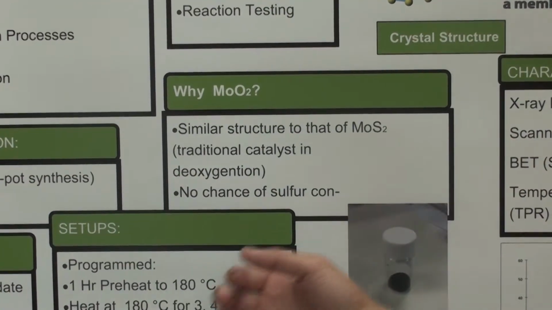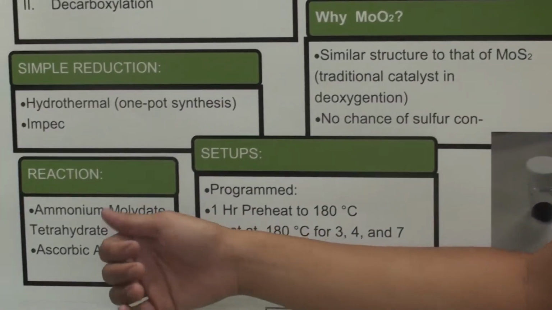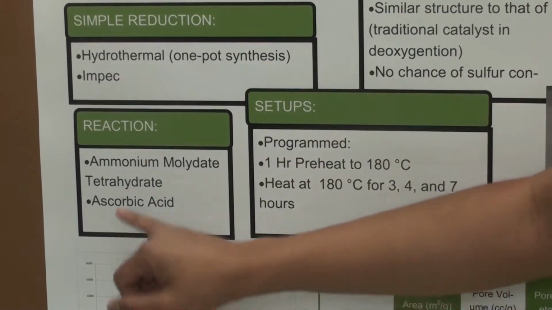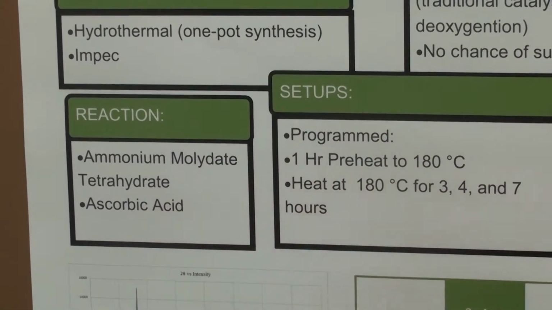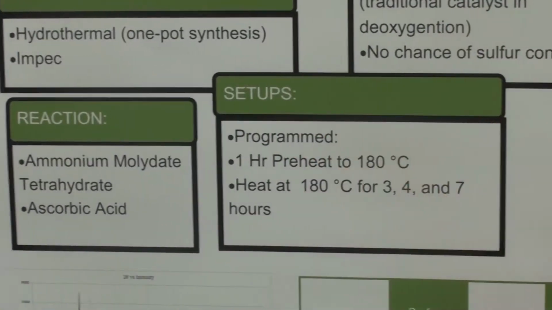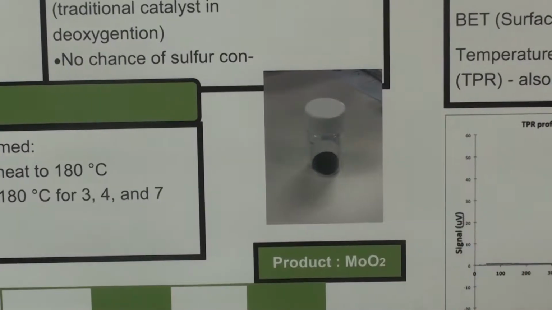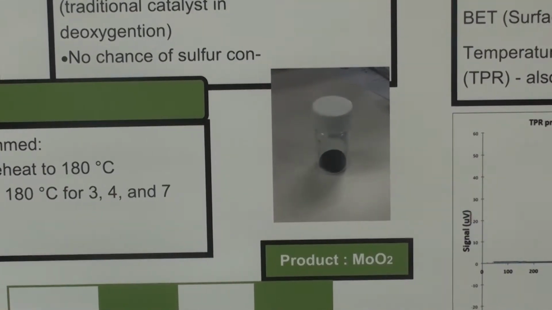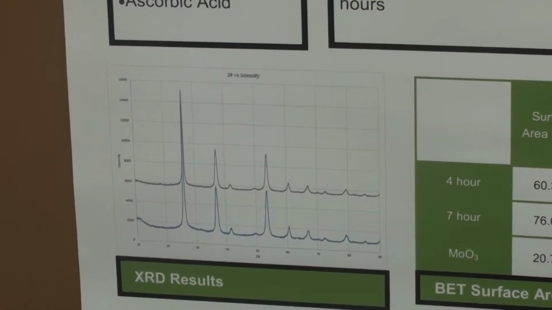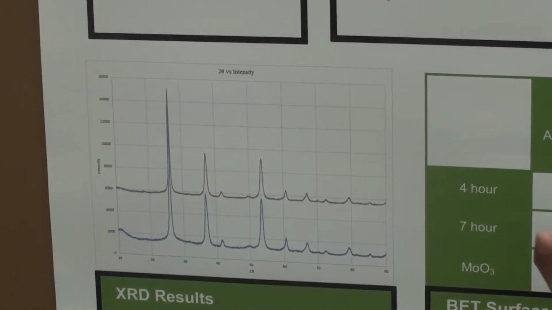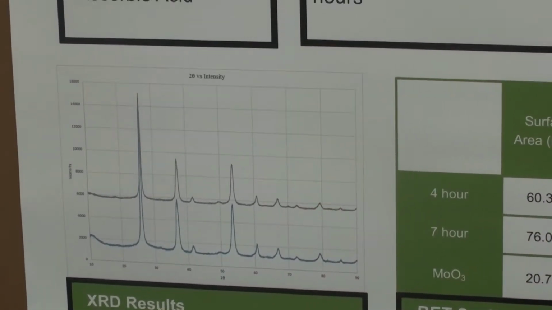The reaction to produce molybdenum dioxide is very simple. In the one-pot synthesis, we put in ammonium molybdate tetrahydrate with vitamin C, and this is a basic setup. The product that we got is in powder form. I extract it through centrifuge. Going through XRD, comparing the result with other database, I know that it is indeed molybdenum dioxide,